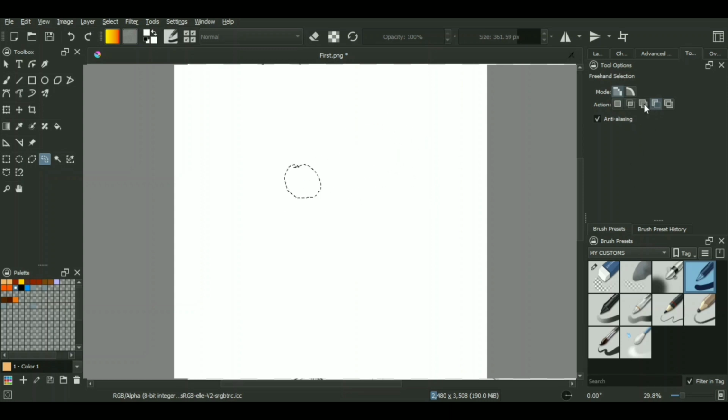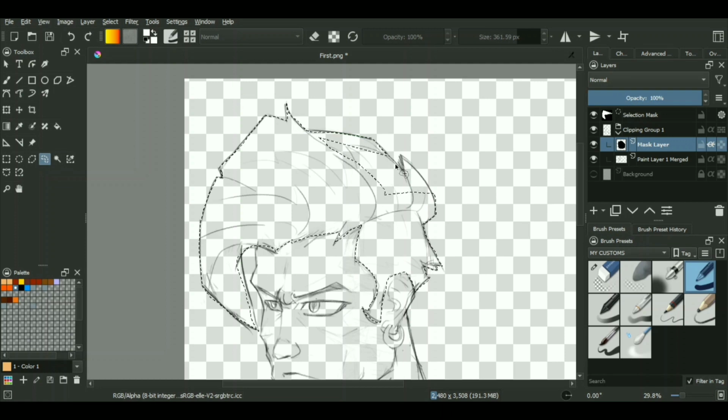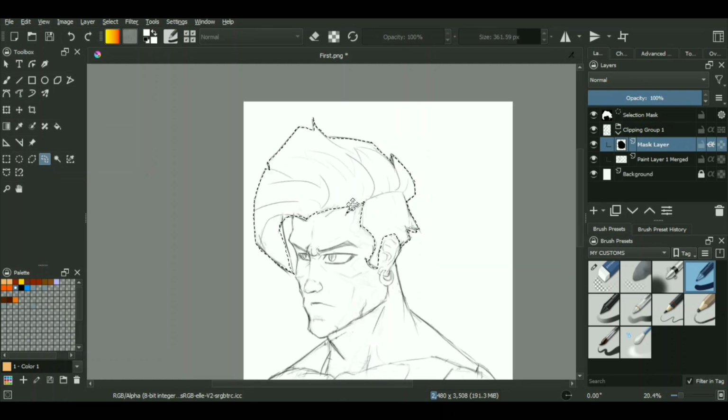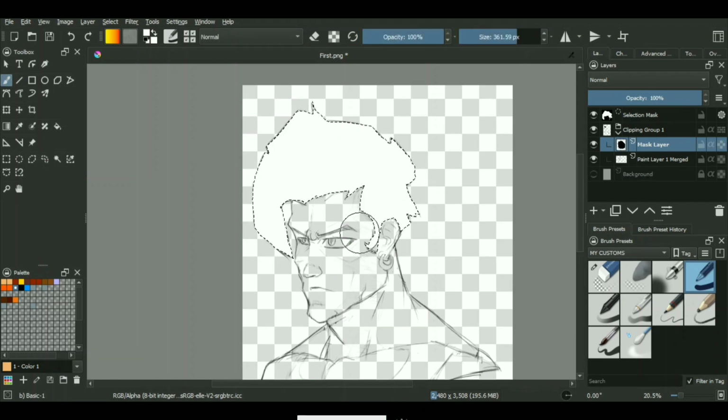However, if you use the third one, this one, every time you make a selection and then move to another one, instead of the previous one disappearing, it just adds up to the single overall selection. I hope you get it. If you don't get it, when you use it, you will understand. Now this one, the fourth one, subtracts the selection area from the overall selection. Any selection which is going outside your line artwork, you can just use this. Just cut that area and you're good to go. Everything will be nice, clean and simple. We will be selecting our whole hair area. Now just add a white color on it or grayish, doesn't matter, and just cover it up.